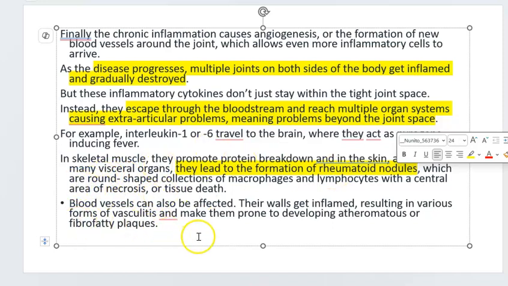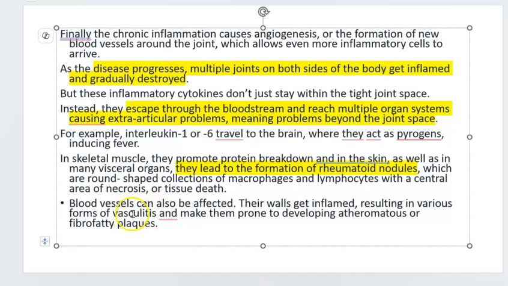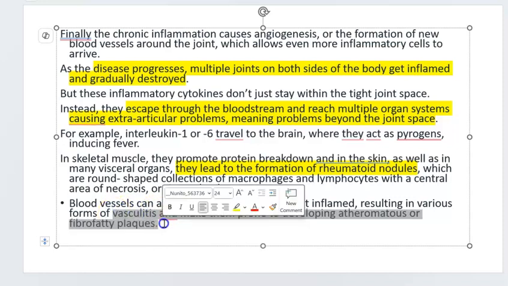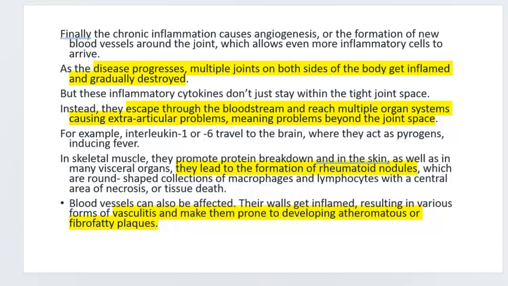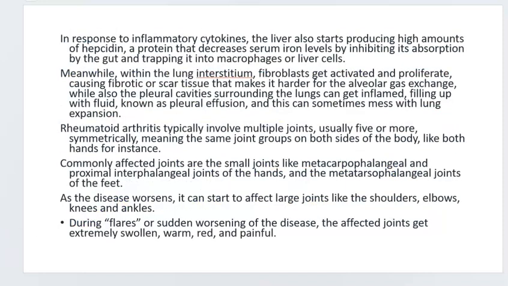The blood vessels can also be affected. So our blood vessels get inflamed, and this makes different forms of vasculitis and makes them prone to developing atheromatous or fibrofatty plaques, which means increased risk for heart disease. So rheumatoid arthritis can be a very devastating disease. Really busy slide here, but I wanted you just to hear it, beginning to put these pieces together of how